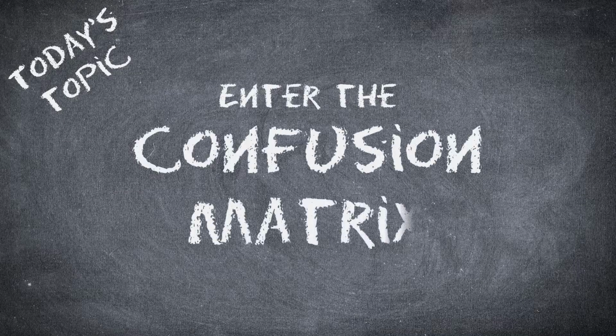Today's topic: the confusion matrix measures performance for machine learning models. Specifically, it measures performance for classification models that have two or more classes. So things like fraud or not fraud would work very well in a confusion matrix. And the confusion matrix is essential to understanding performance metrics for machine learning models, which we're going to talk about